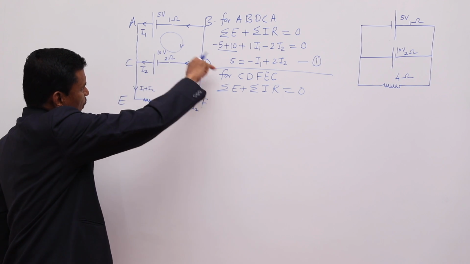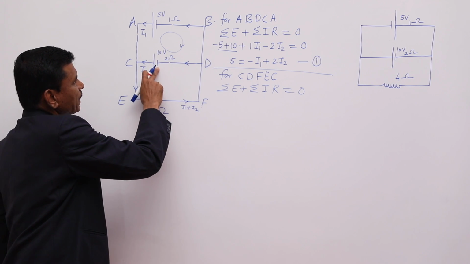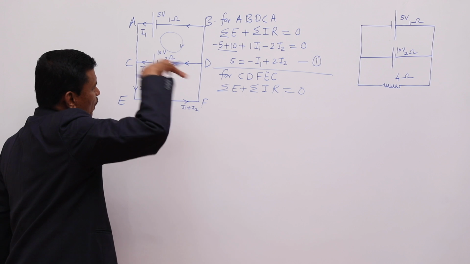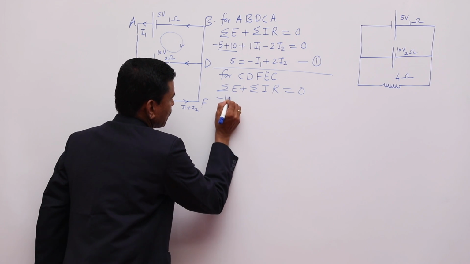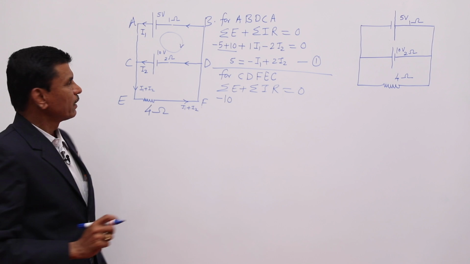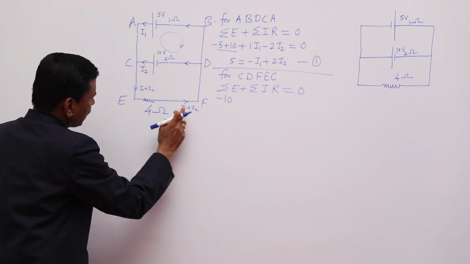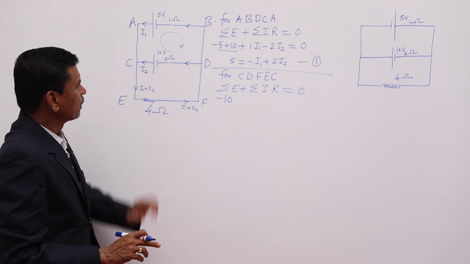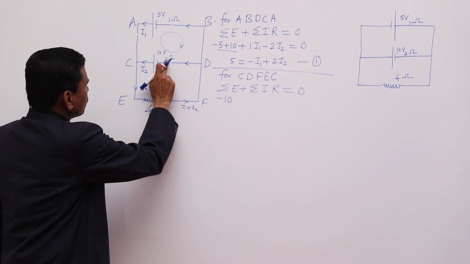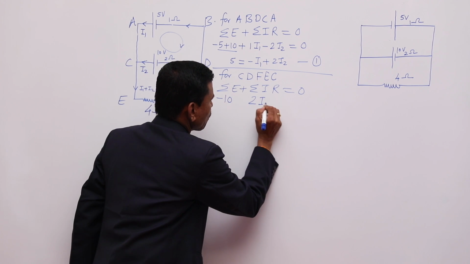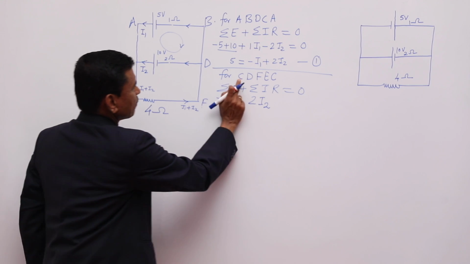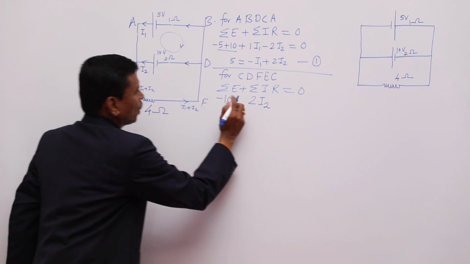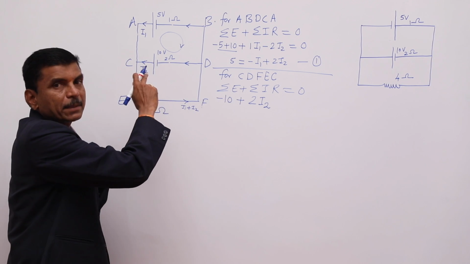Now move in the loop from C to D. We are going through the 10 volt battery, but we are traveling from positive terminal to negative terminal. We are traveling towards lower potential. So take that EMF as minus 10. Now 2 I2 and here (I1 plus I2) into 4. So there are 2 PDs. We have to write plus 2 I2. How to take 2 I2, positive or negative? We are traveling from C to D and we are traveling in the opposite direction of current. So plus 2 I2.